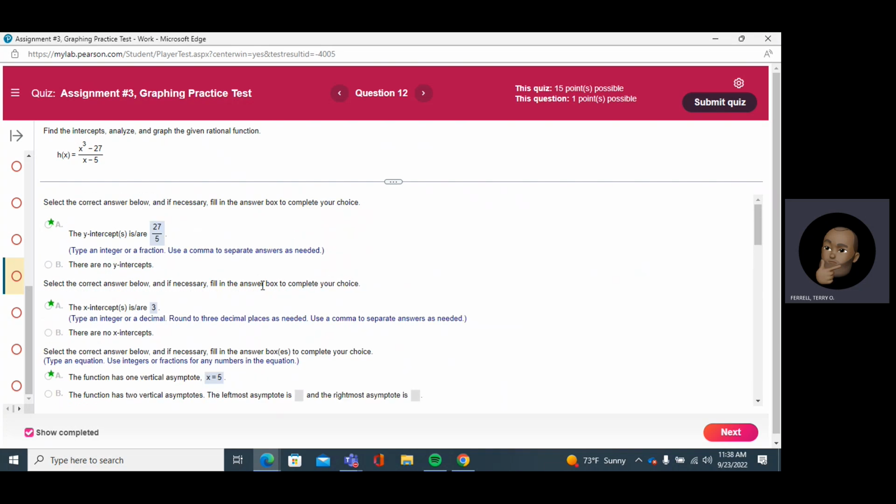All right. I thought I'd start with this one, but this one gave me a little trouble when I was going over it. This one says x cubed minus 27 over x minus 5. And just to note, if I click this,